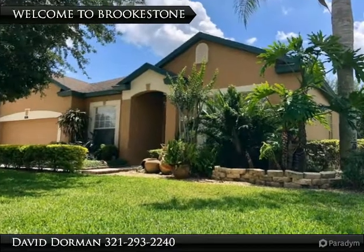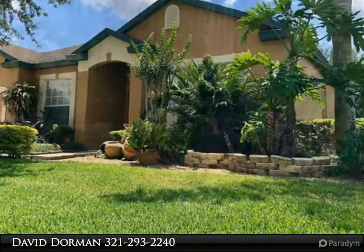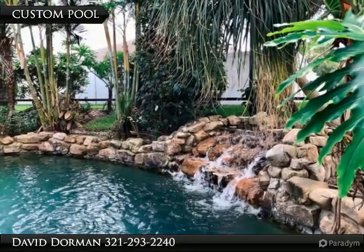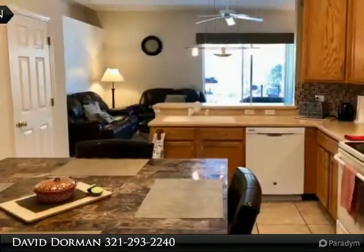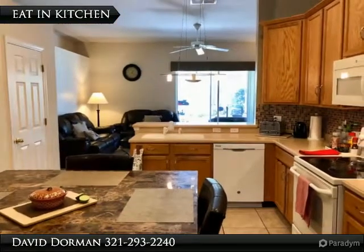Great location, new HVAC in February 2018, resort-style pool and spa, interior lot and more. Welcome to the gated community of Brookestone. Located just a few miles from local restaurants and excellent shopping is a fantastic home featuring a sprawling floor plan,